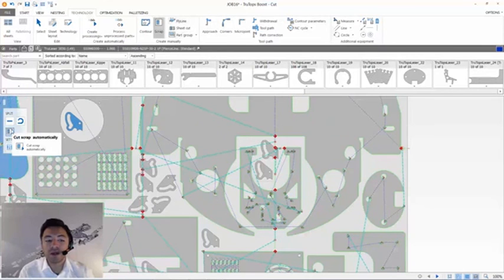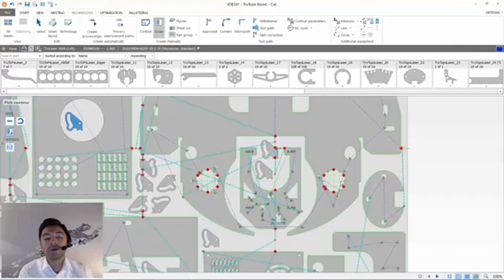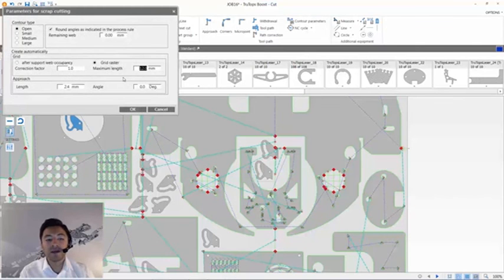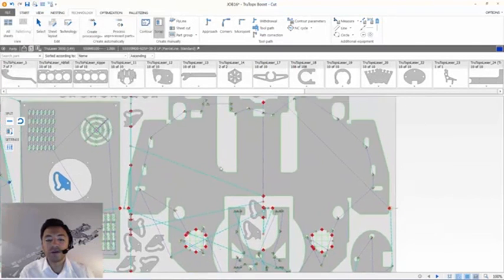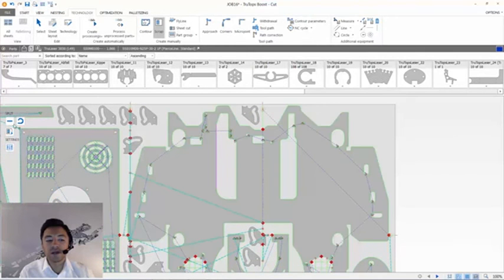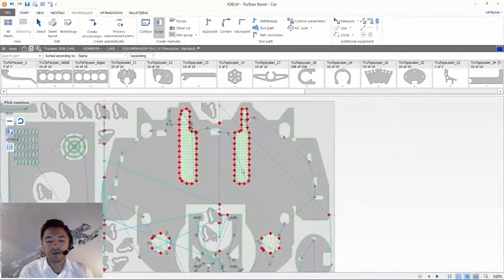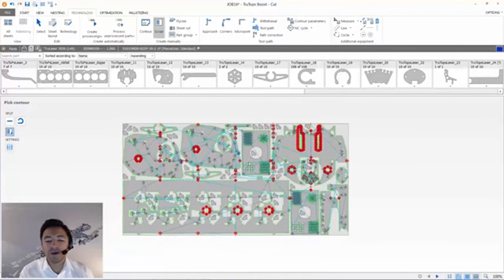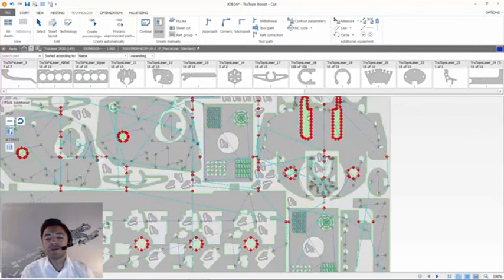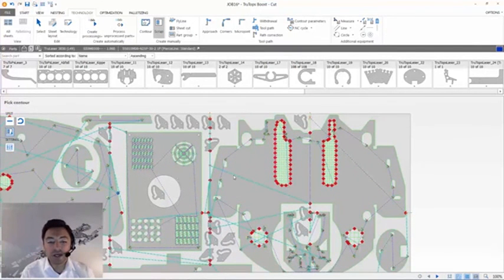You go over to your cut scrap automatically feature and just specify the hole which you want to cut. If you want to modify the distance between the cuts, it's within the settings. So there's a grid, 12 millimeters would be the distance here, and again I'm specifying the function which I want to use, and what you see is basically all the scrap will be cut. Of course it takes more time, but